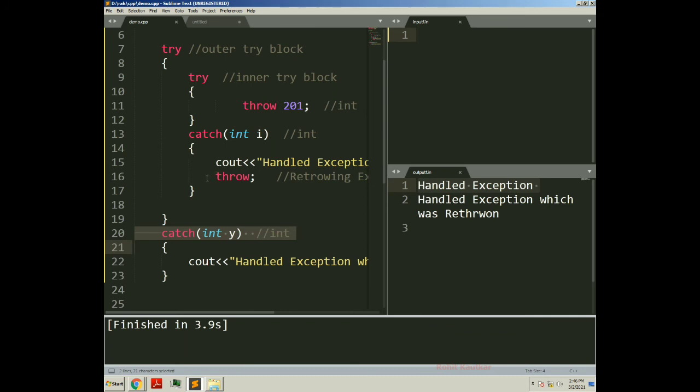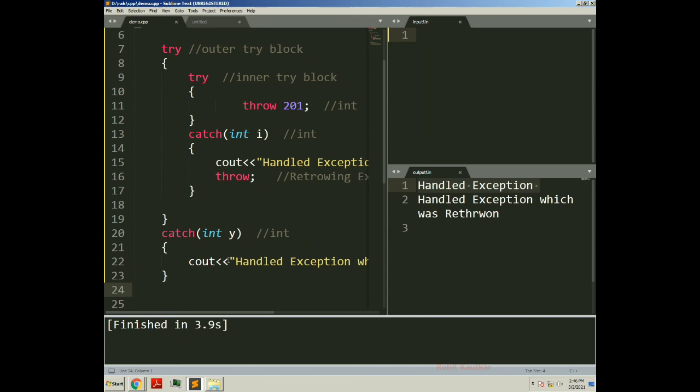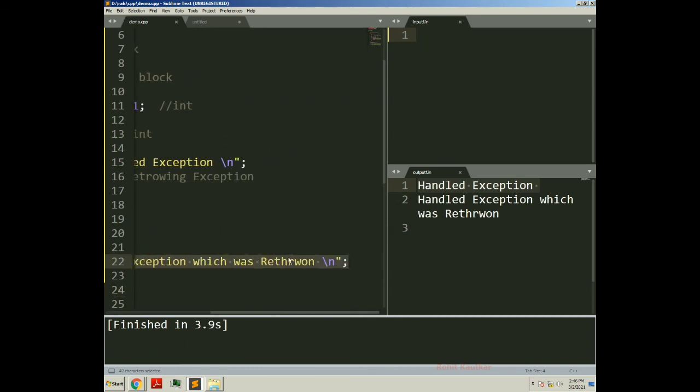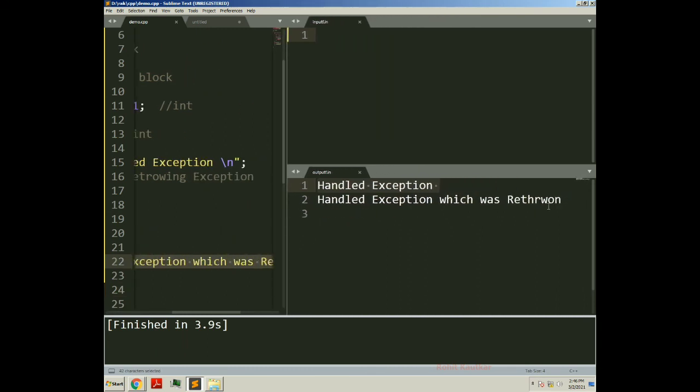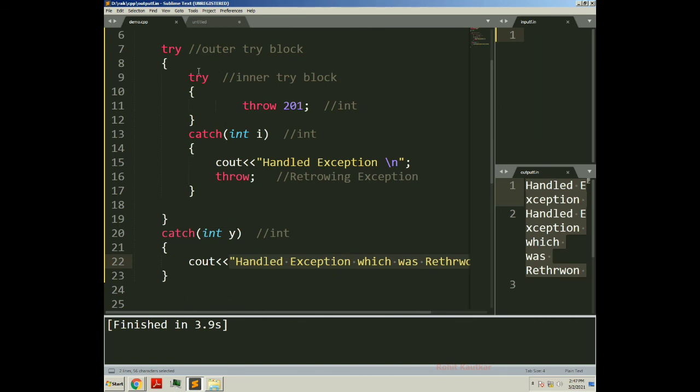The original exception we threw was an integer, and rethrowing it means it is again an integer, so it gets caught in this integer catch block, and we get the message handled exception which was rethrown.